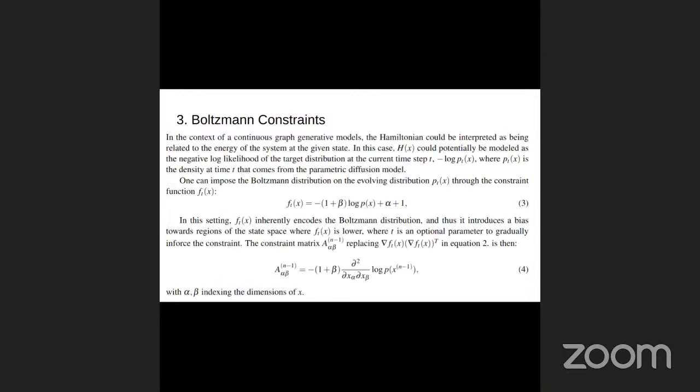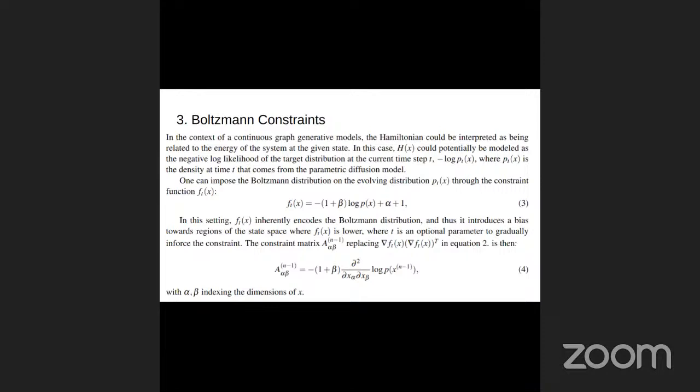To formalize these Boltzmann constraints in our generative model, we noticed that in neural networks that model some sort of dynamics, like molecular dynamics in our case, we can interpret the Hamiltonian of the system as the negative log likelihood of the target distribution. Here P of T represents the density at some time t in the generative process. If we want to impose the Boltzmann distribution, we can incorporate these constraint functions into the generative process of the probabilistic denoising diffusion process. And what we end up with is a constraint matrix